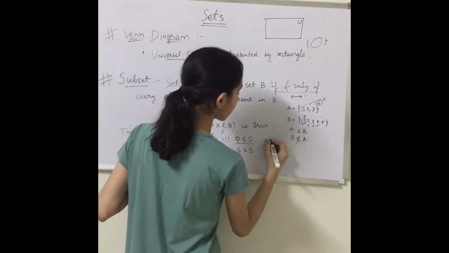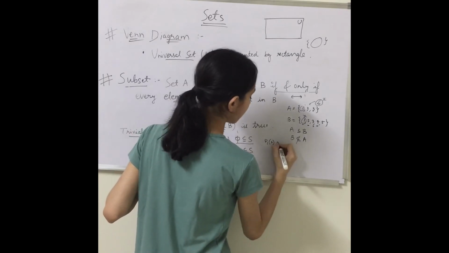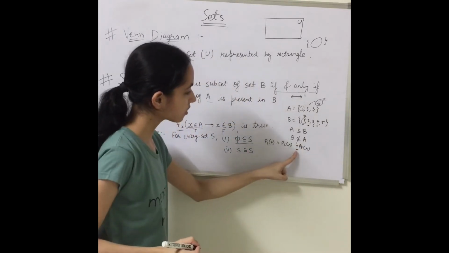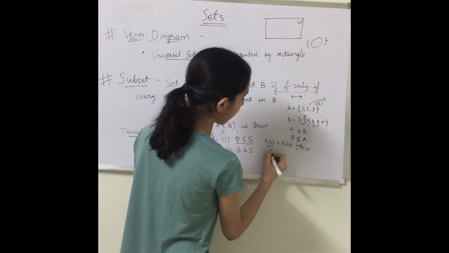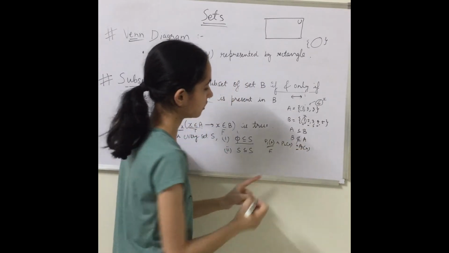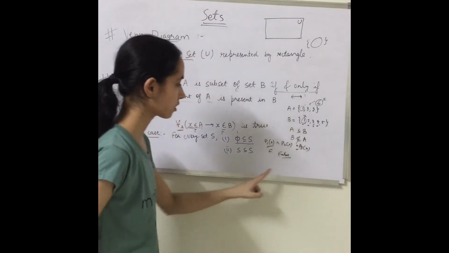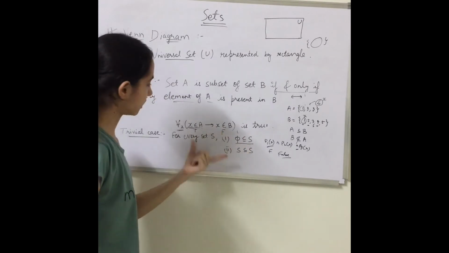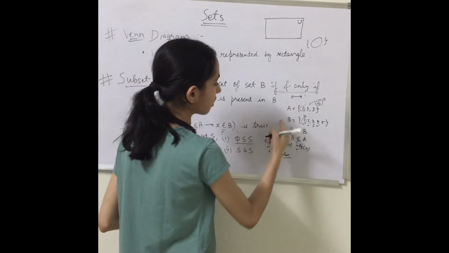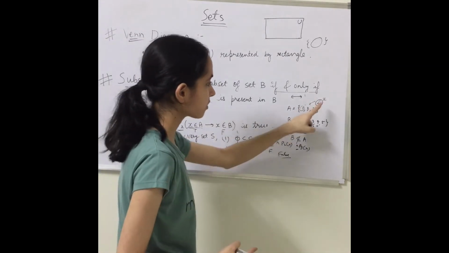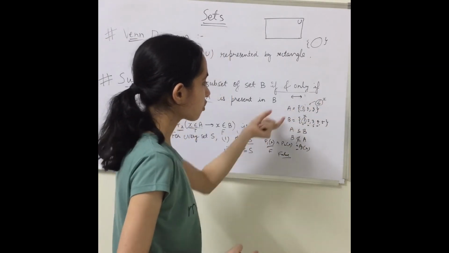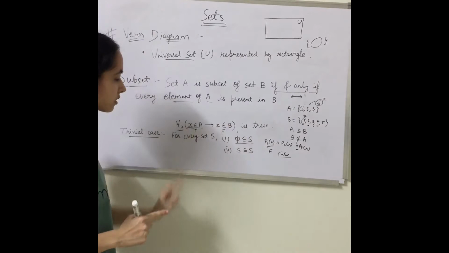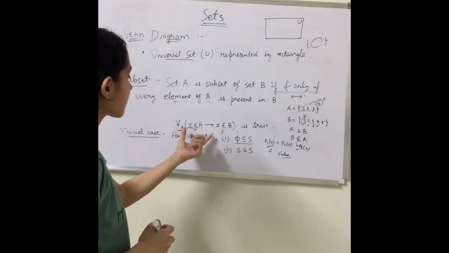Because for all x works like P1(x) and P2(x) and P3(x), where each is a predicate, a condition. And how does AND work? AND works like if one of them is false, then we don't need to check further. It is false. So for one value like 6, if this is false, then no need to check further. It confirms that A is not a subset of B because 6 is present in A but 6 is not present in B. So it says that A is not a subset of B. Right? So it's simple.